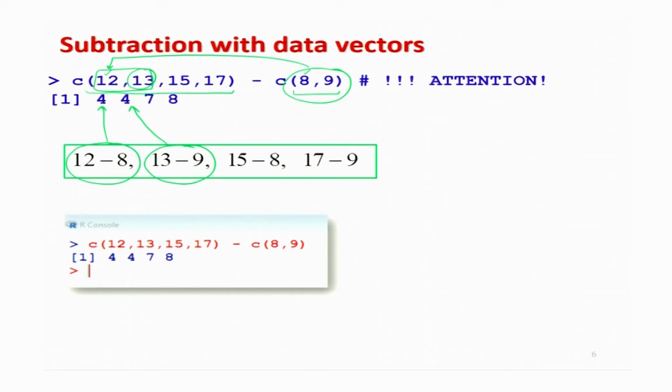Now, after this, R does not know what to do. So, what will it try to do? It will try to copy the same data vector which is of shorter length, 8 and 9, and it will try to bring it here. And this 8 and 9 will be operated with the remaining 2 values in the data vector 1. So, it will become here 15 minus 8, this will become here 7, and then 17 minus 9,